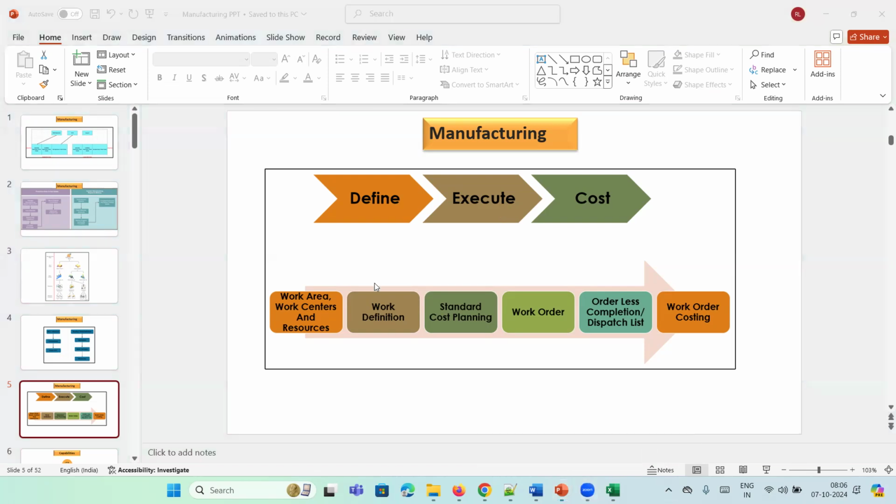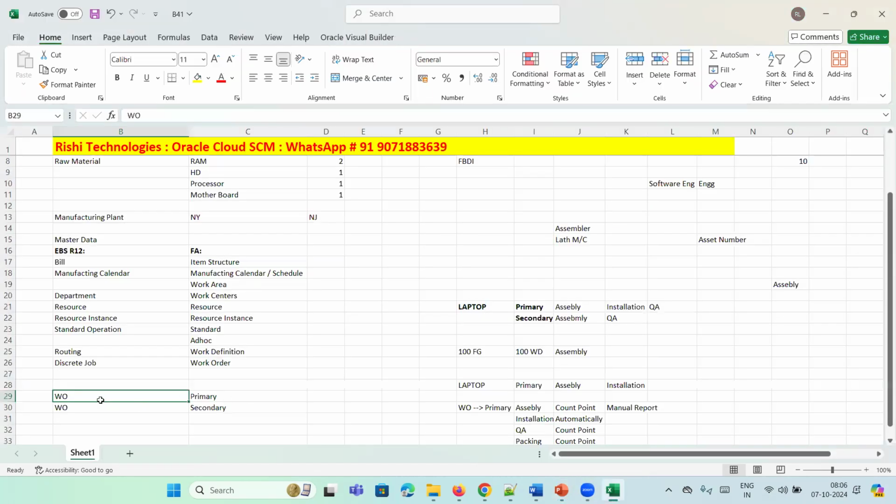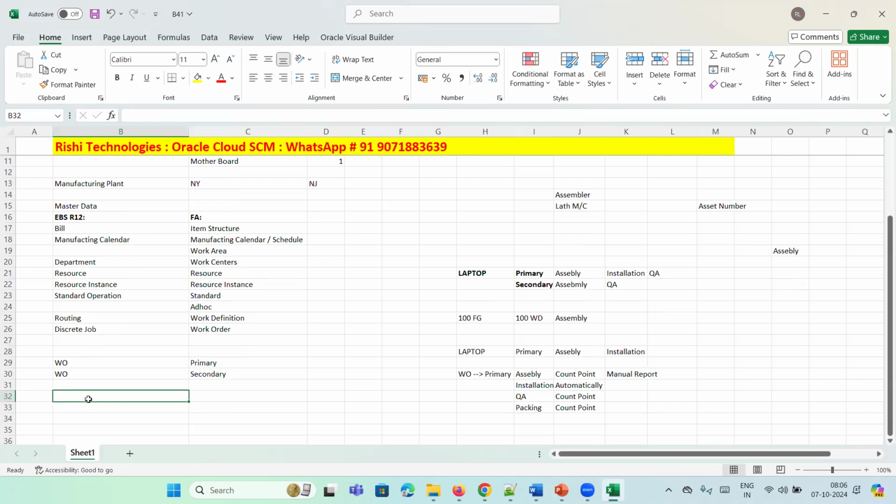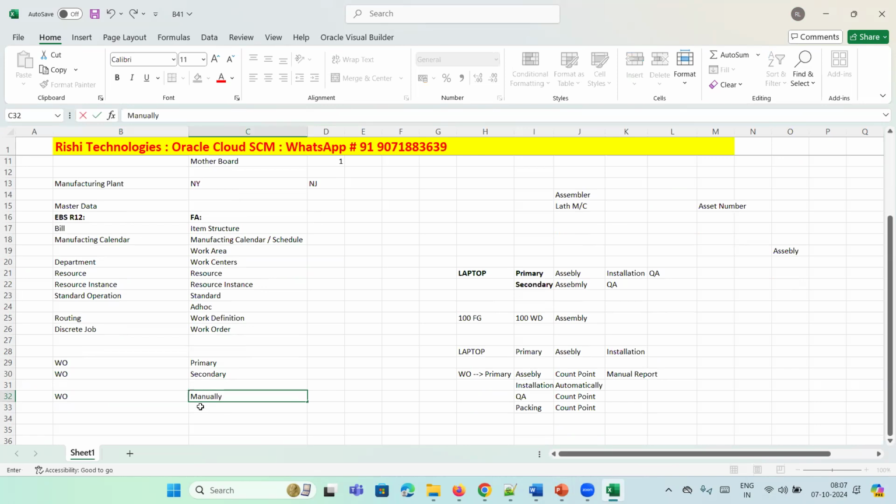Okay, yeah. See, multiple ways are there to create work orders. Manually, I will create this work order, nothing but a discrete job in EBS. Manually I will create; all the things we will discuss in detail. Or maybe if you already have planning implemented, based on your supply and demand, your planning engine will automatically create the work order. Or maybe if you are having,